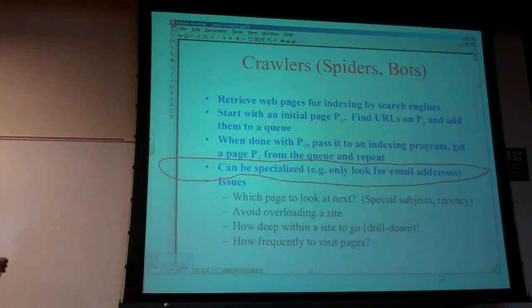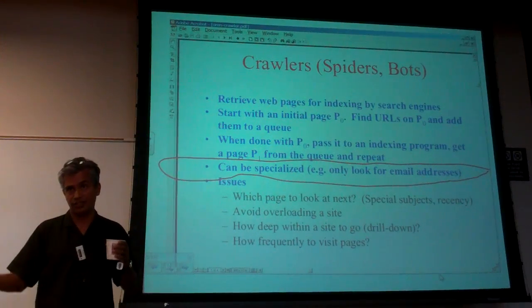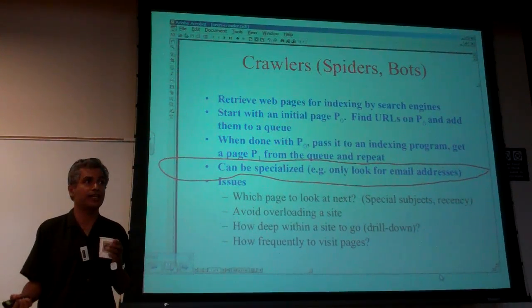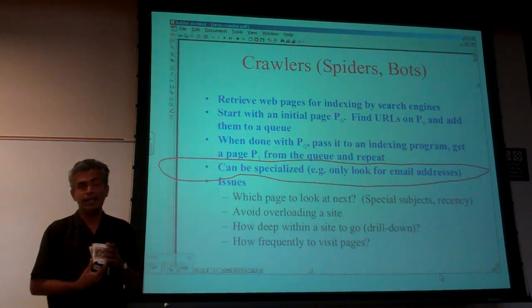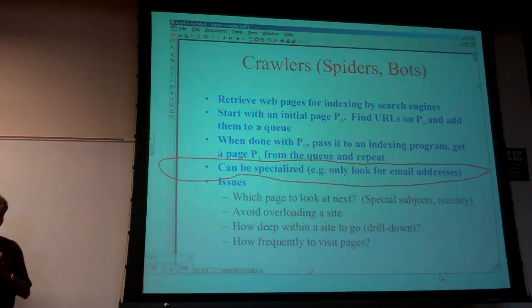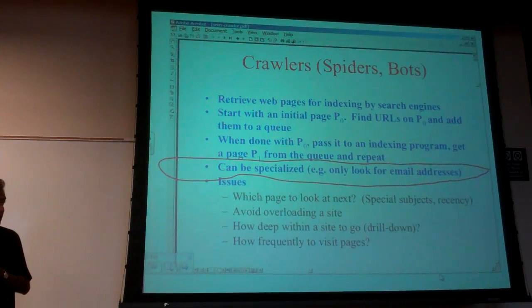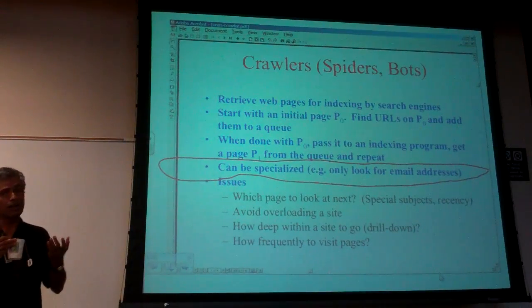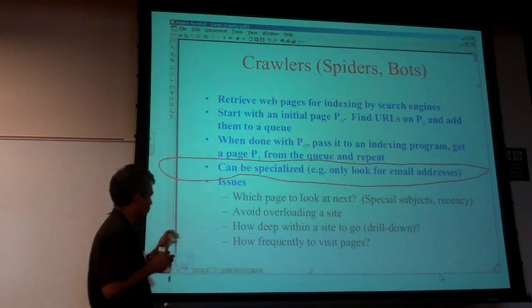If you're actually writing a search engine, you need to crawl the pages and all the content on the web and put it in some place so that you can then index it. It's also not a one-time job. You have to continually keep crawling because the web is always evolving. And so the question, of course, is what are the reasonable ways to do this crawling? That's what we're going to look at.